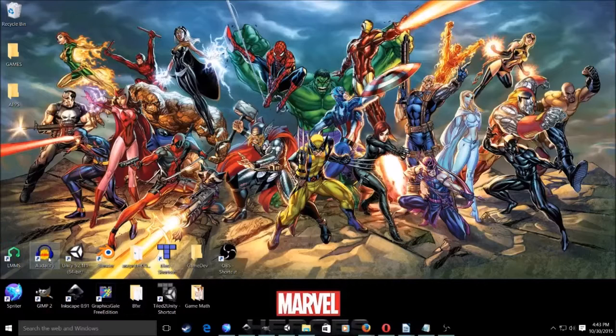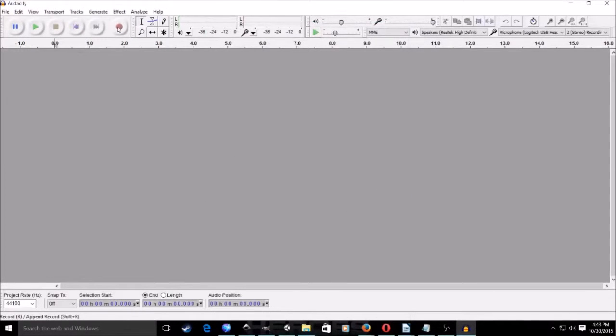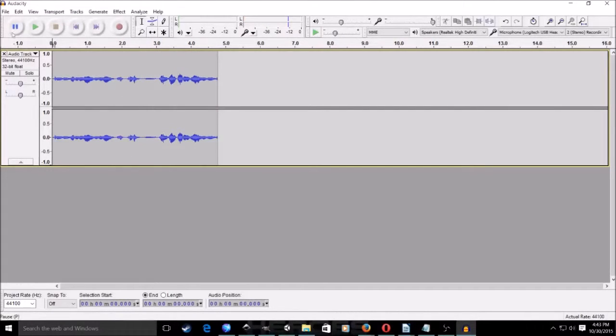I'll probably be using Audacity for editing audio. Say, here you go, meow, meow, meow. See, there you go. Now you got some audio in there. And then if you go back and play it around, meow, meow, meow. Then you can do stuff like chop it up, and do all kinds of great things to it.